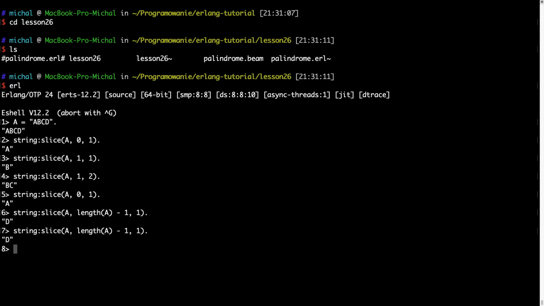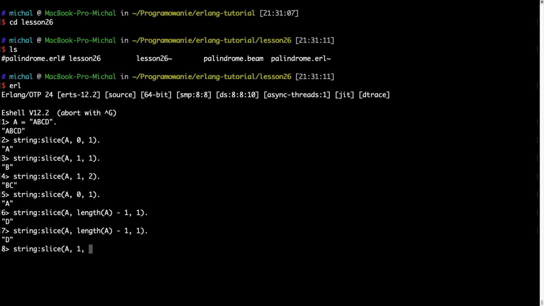And how to now get, let's say, this middle part I was talking about. We have the string ABBA, right? And now I want to take this BB only to check in the further invocations. So for this I will also use slice,